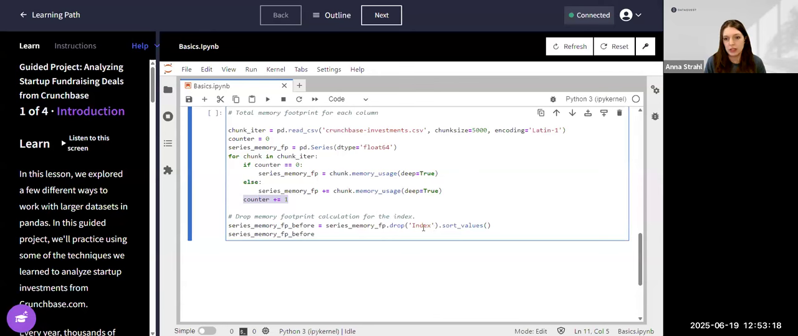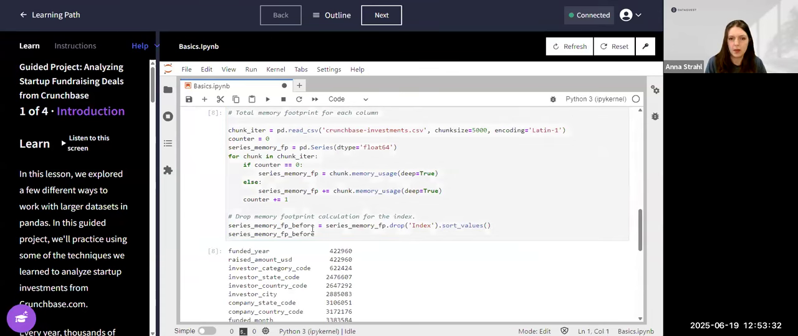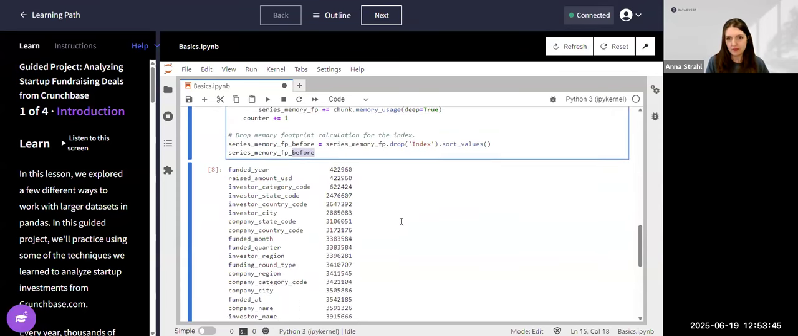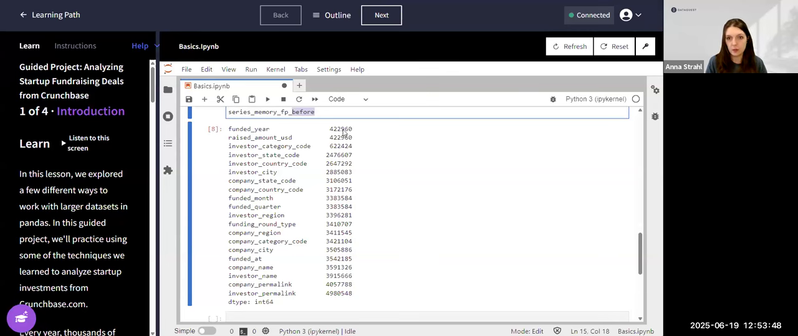And then we do not need the memory of the index because that's just the column names. Then we're going to sort values because this will show us which columns use the most memory and which columns use the least memory. I'm calling this before because one of the final steps of this project is we're going to compare our before and after, kind of like a makeover montage, right? So that's why I'm calling this before. Okay, and we can see here our smallest memory use is from the funded year, and the largest is investor